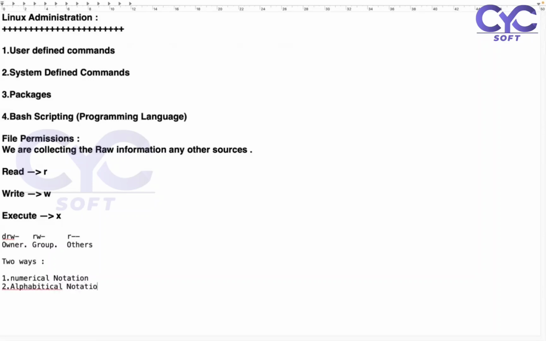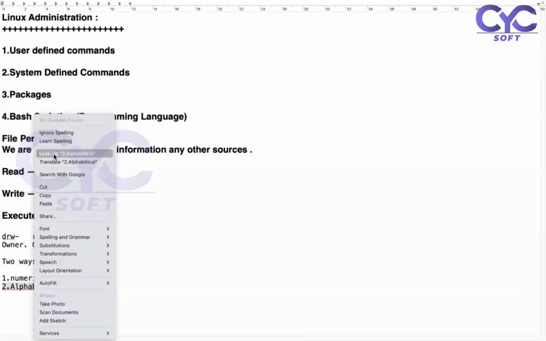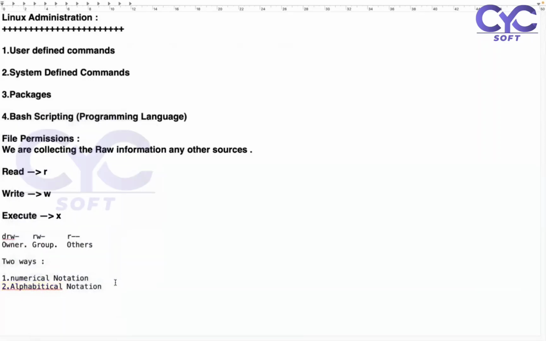Alphabetical notation. Numerical notations and alphabetical notations. Okay. So basically, what is meant by numerical notations? What is meant by alphabetical notations here? Numerical notations come under the picture of real numbers. Real numbers are binary numbers. Coming to alphabetical notations,